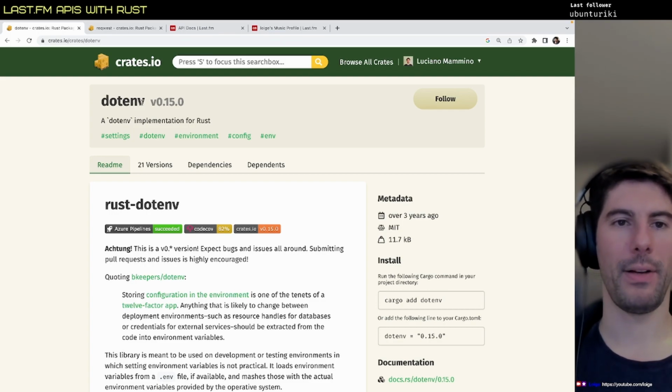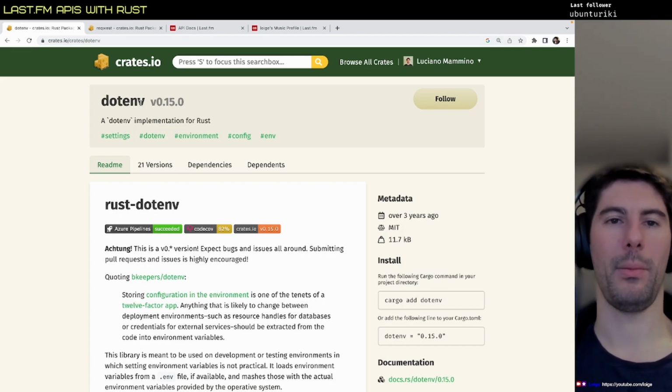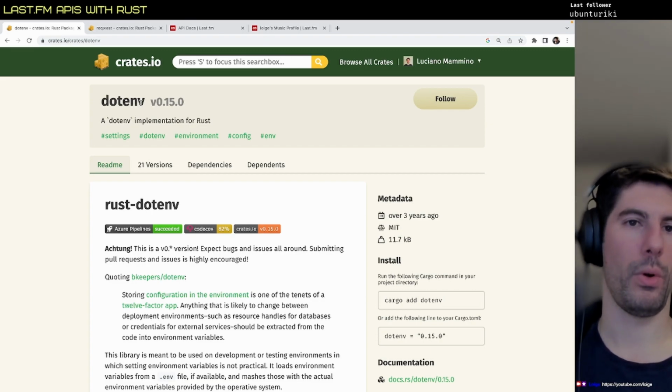So I have prepared a file. Right now it doesn't contain the real API key. So we will try to make this crate work, load the environment variable. When it's working, I will secretly swap the fake API key with a real one, and then we will continue